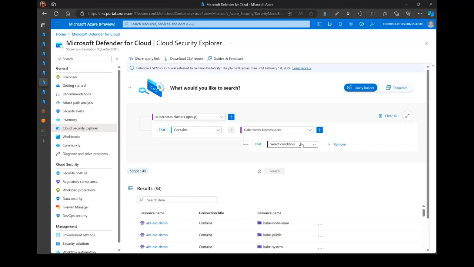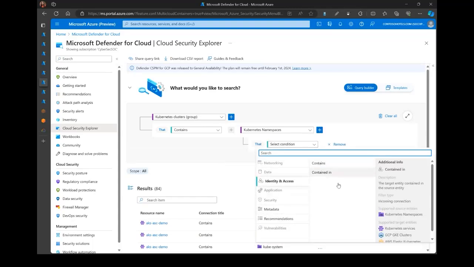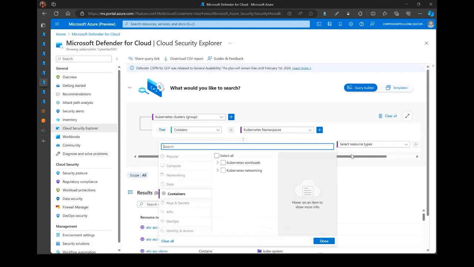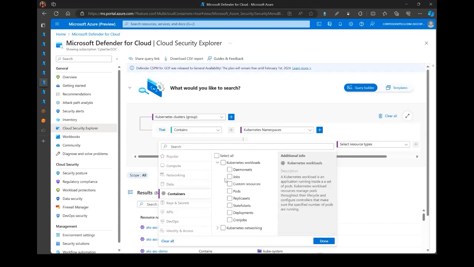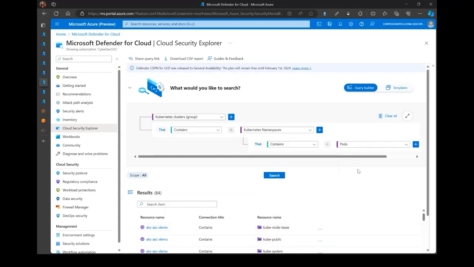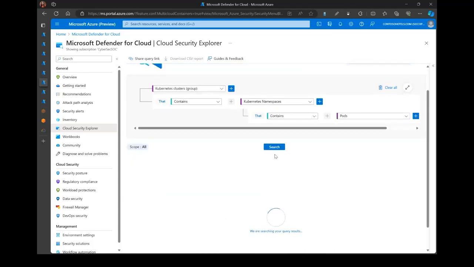You could also look at, for example, the pods. So I've already got it set up to search for namespaces, and I'm going to extend it to show contains. Then if we look at workloads here, pods, and then I click search again, and it's going to show me